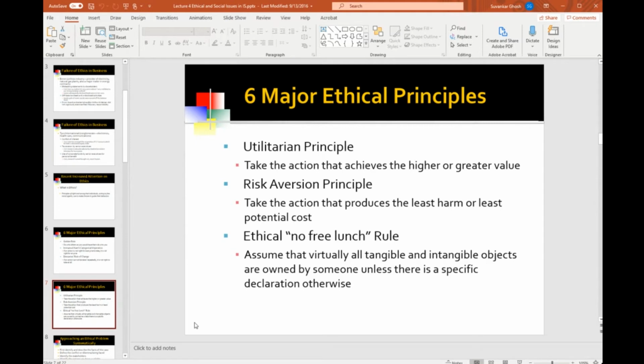And interestingly enough, this is a scenario where all the principles, except ethical no free lunch, which does not apply, the rest of the five principles are all saying that you should not do this action. So the cumulative set of implications from applying these principles is a fairly resounding no, you should not perform this action. You know, in the outsourcing case,